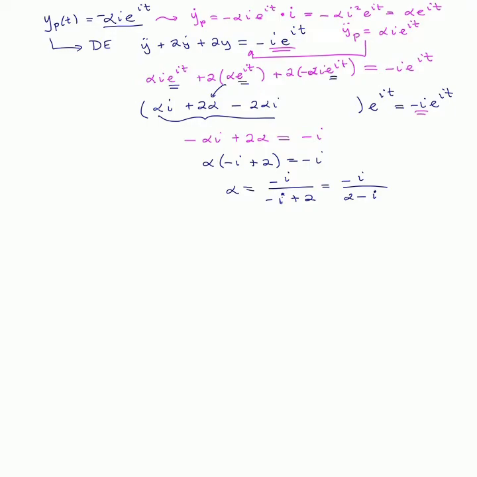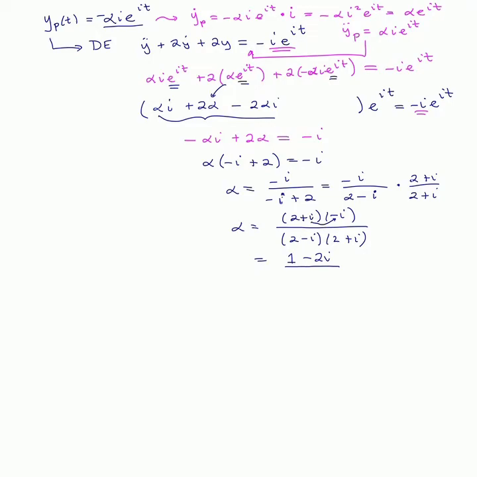So what we're seeing is that if you multiply both sides by the conjugate, then alpha will come out to be 2 plus i times negative i divided by 2 minus i times 2 plus i, which leads you to i squared up here, negative 1 minus 2i, divided by,